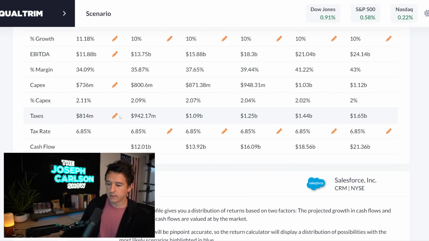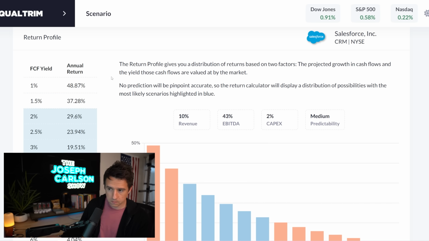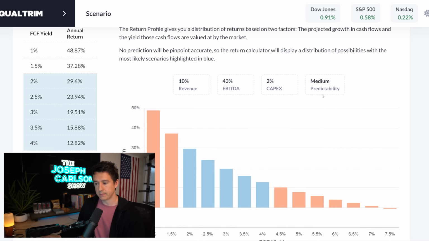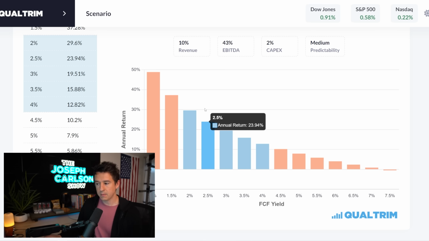And that's exactly what this next part does. What this next part does, which is the return profile, is it ties these two things together: the yield you're expecting it to trade at, so the multiple, as well as the cash flow you think it will produce, and the gains between now and the end of 5 years. And that's where you get the rate of return. Like I said, all of my valuations are based on rate of returns.